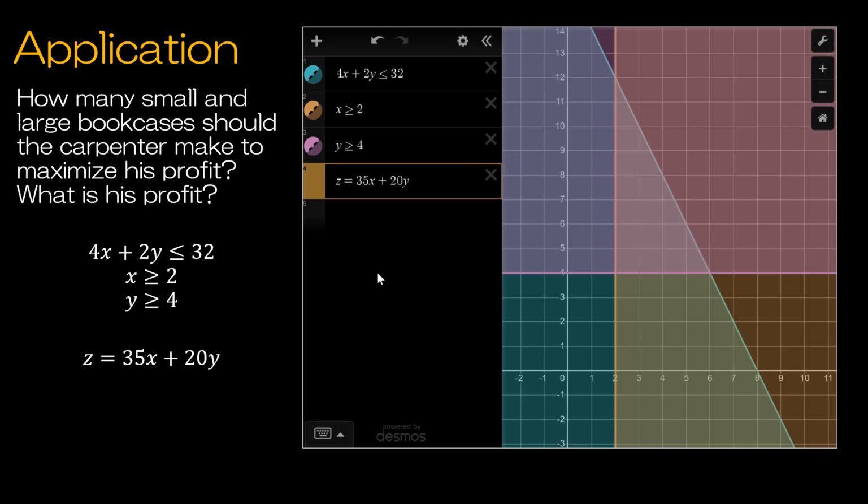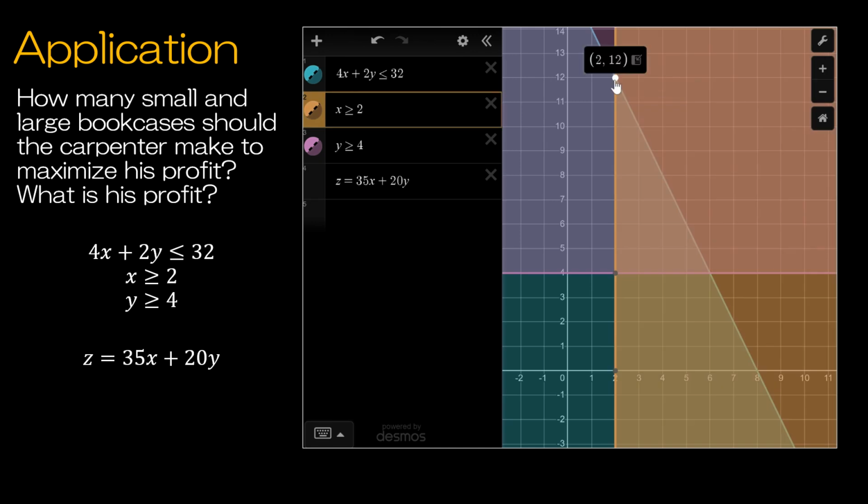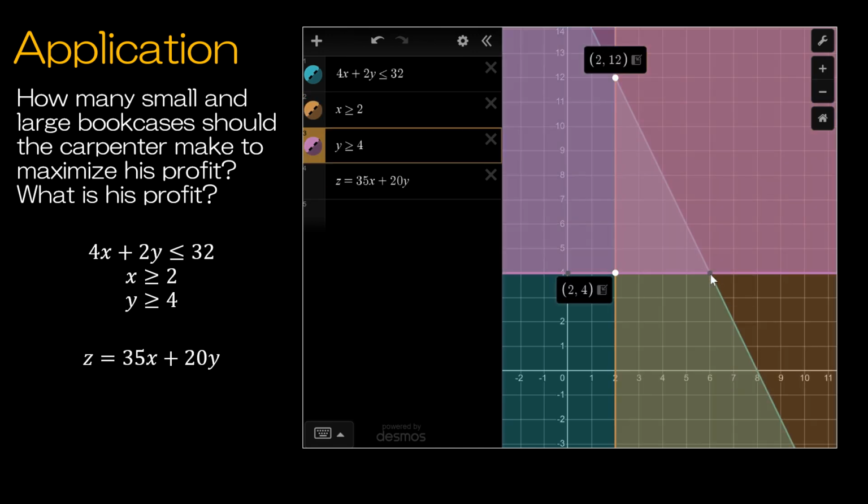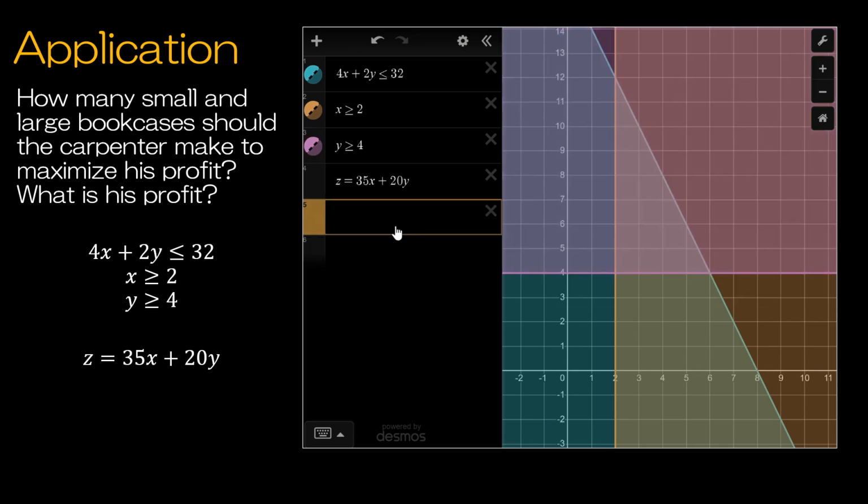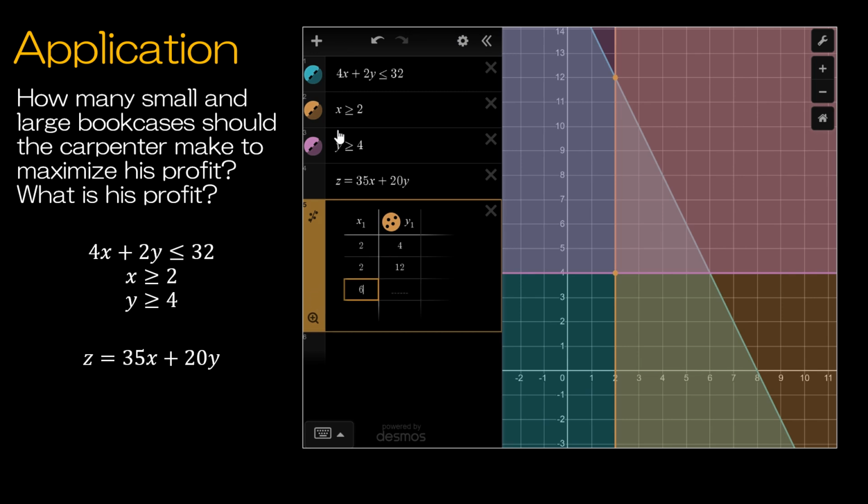So now I'm in Desmos, and I have graphed the 3 functions for my constraints, and I can see that it gives me a triangle figure with (2, 12), (2, 4), and (6, 4). So I'm going to create a table with those endpoints, and that was (2, 4),